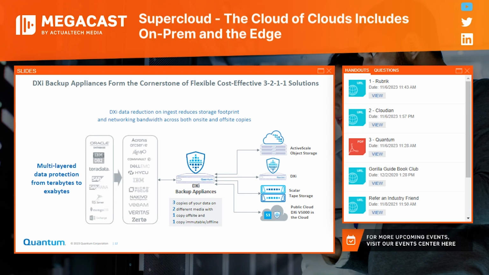And it does this in a very cost-efficient way because this deduplication technology reduces the storage footprint not only of the local copies, but also of the cloud-based copies. And it reduces the networking bandwidth needed to interact and distribute data across the infrastructure by virtue of these deduplicating features of the solution. Next slide, please.